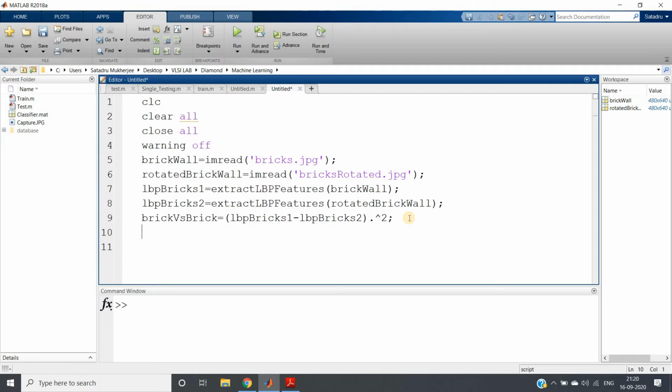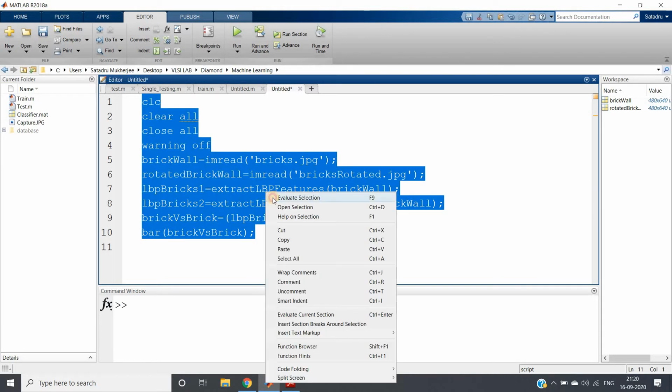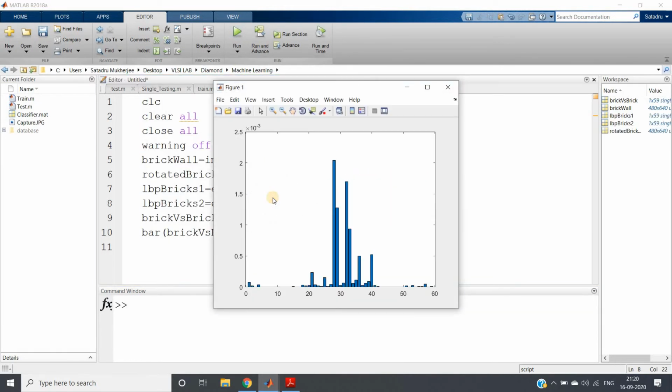Then to show the squared error I am going to use a bar graph, bar brickVersusBrick. Let me copy this name here, paste it, and run this code to check the extracted feature difference.